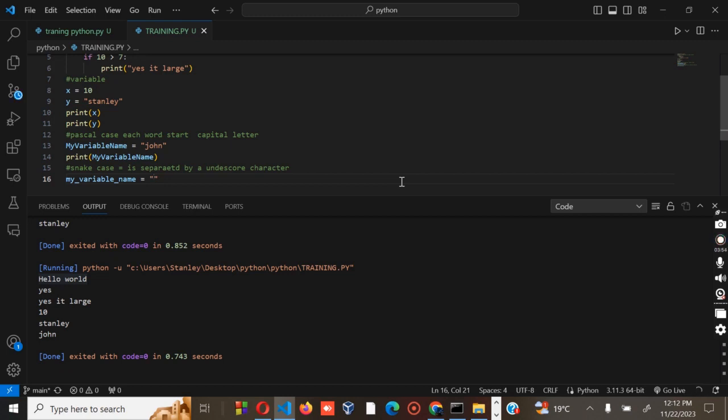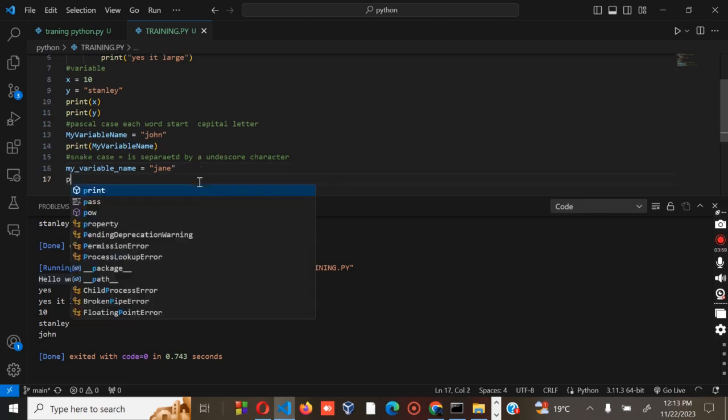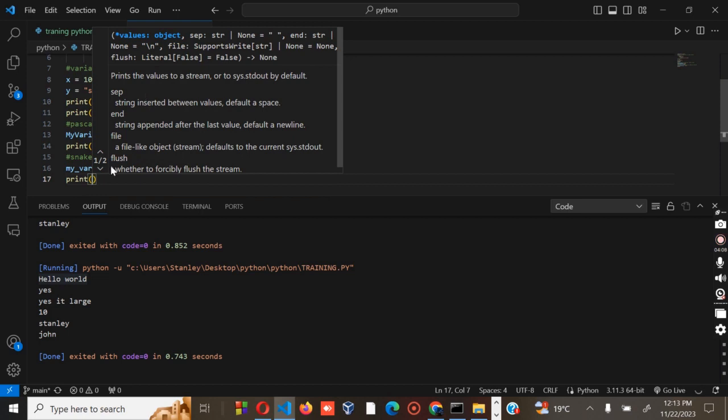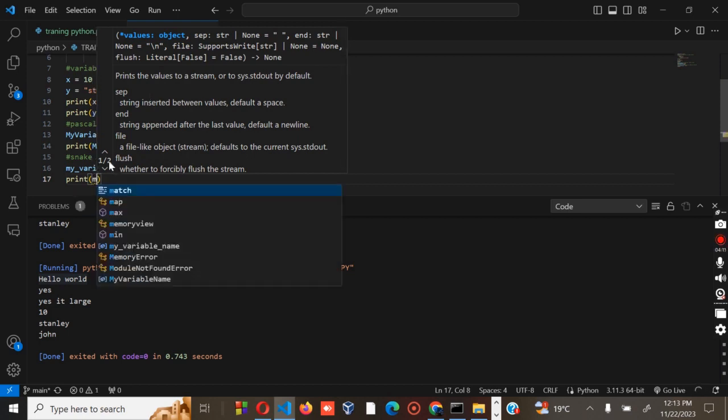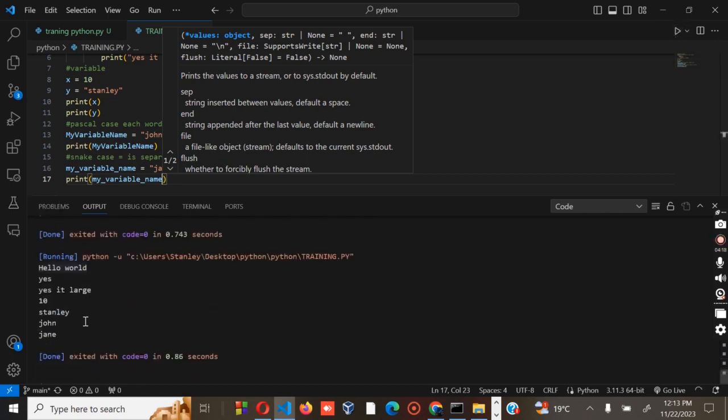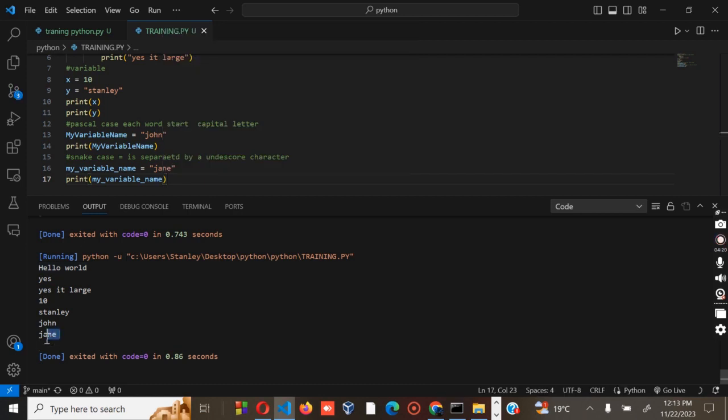Let's use another name like Jen, then you print my_variable_name, then you run your code. Okay, let's see what we have. As you can see, the snake case is working. We have successfully printed the name Jen.